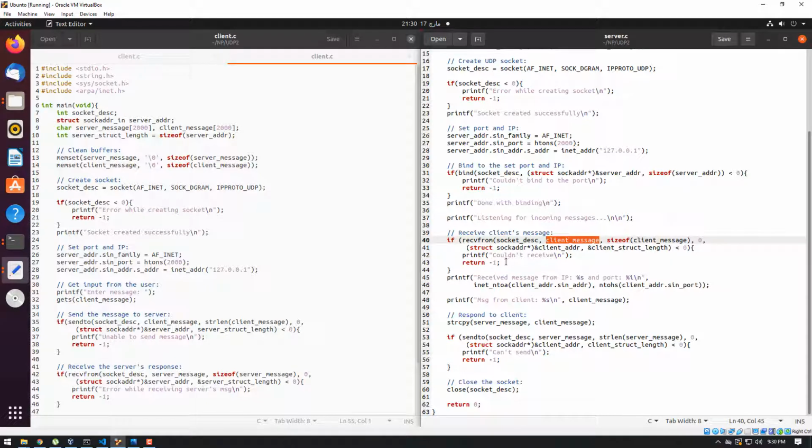If there is an error, we have written a condition in an if statement, and it will simply show you couldn't receive.